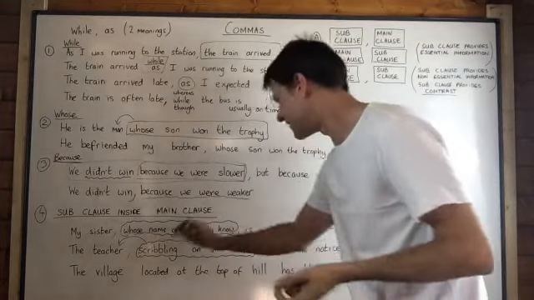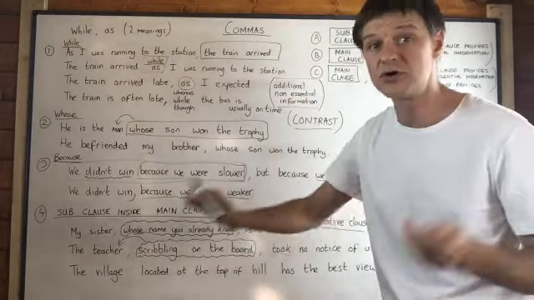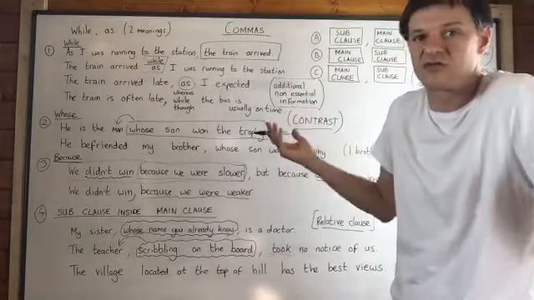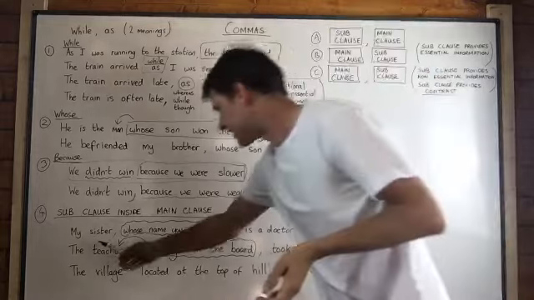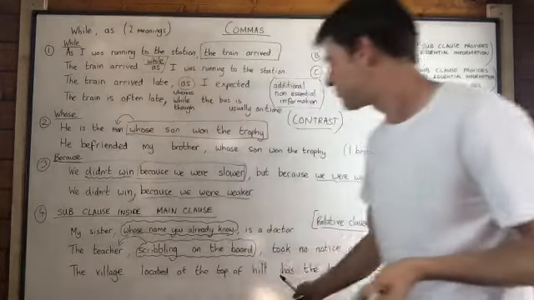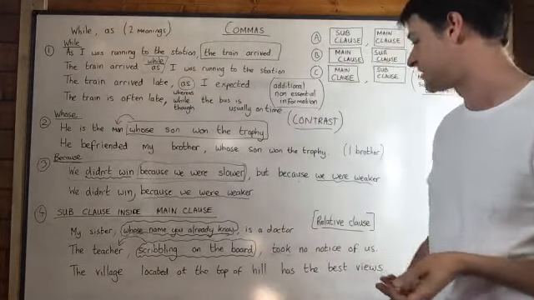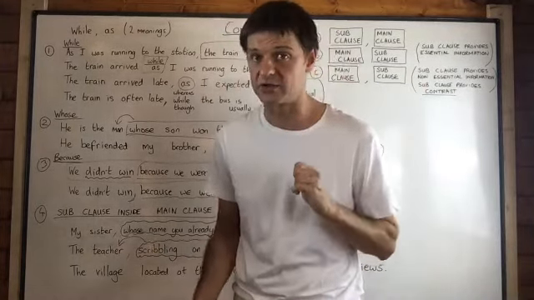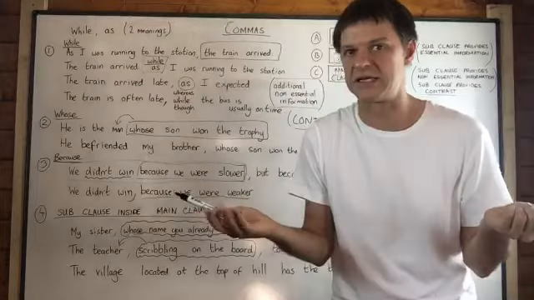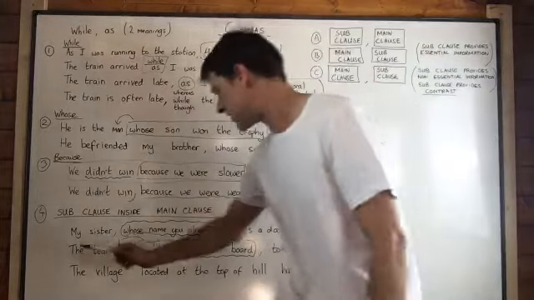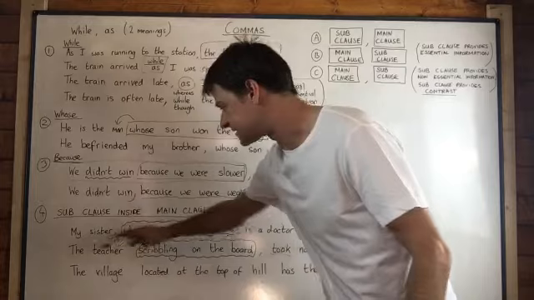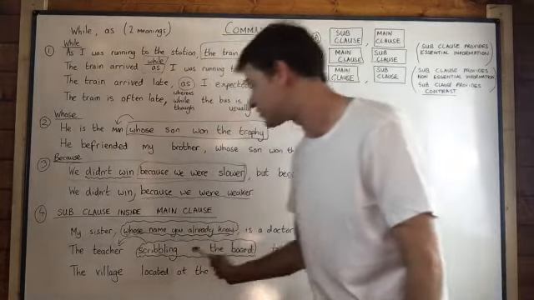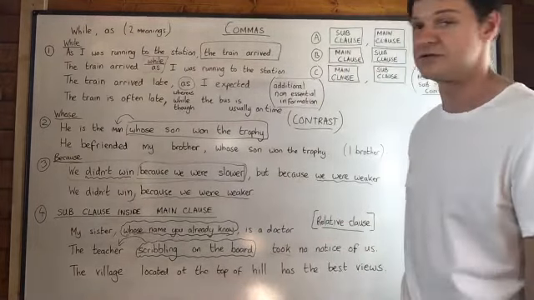However, if there's only one teacher in the classroom and the listener knows exactly who you mean, then you use commas. And this becomes non-essential, non-defining. It doesn't define which teacher. It's suddenly just extra non-essential information. So we say the teacher, comma, scribbling on the board, comma, took no notice of us. So yeah, my teacher would probably be with commas because you probably only have one teacher. But maybe you've got 3 teachers in the room, I'm not sure. And if you have, and you're trying to tell me which teacher with this information, then take out the commas and say the teacher scribbling on the board took no notice of us.